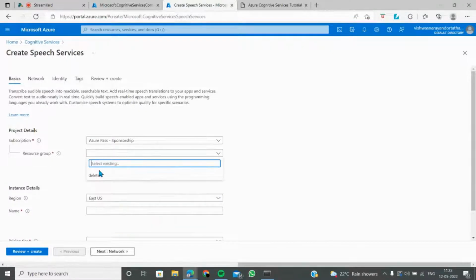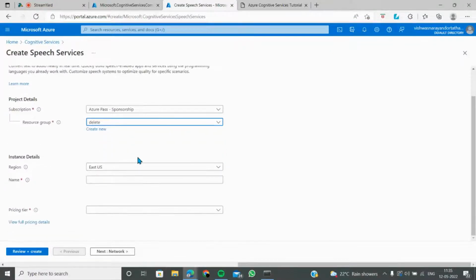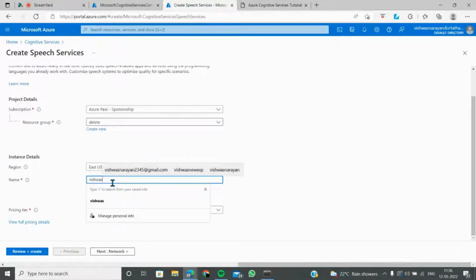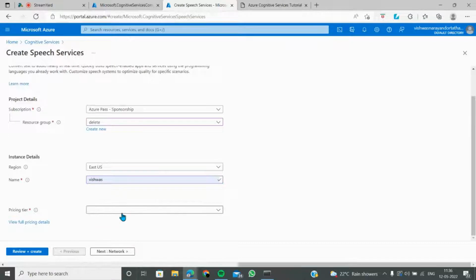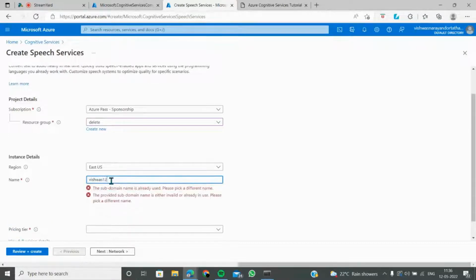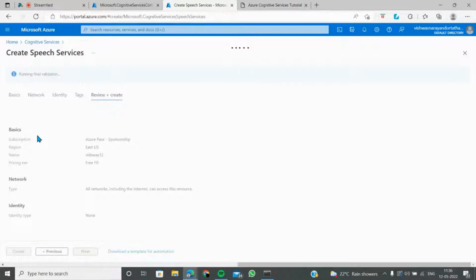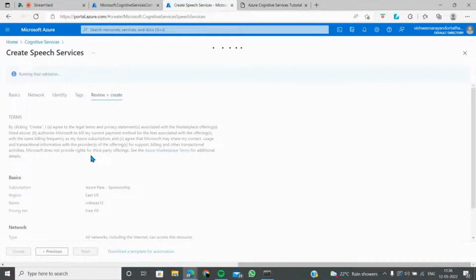I don't want to delete, and I don't want to create a new one, so I will use the same old resource group and start working towards it. I'm using East US, that's not a problem. Any region can work the same way. For the pricing tier, I'm using the free option. Because I use the free tier, F0 will always give me a good number of calls. So that's not a problem.